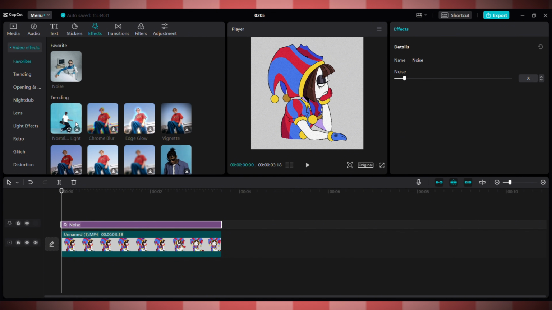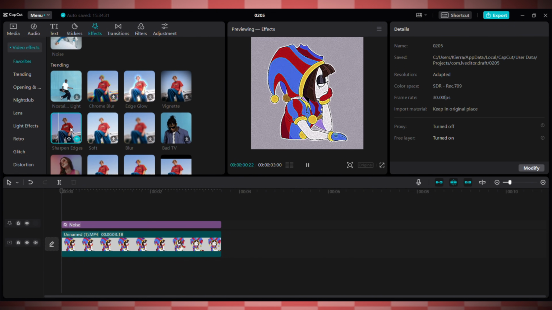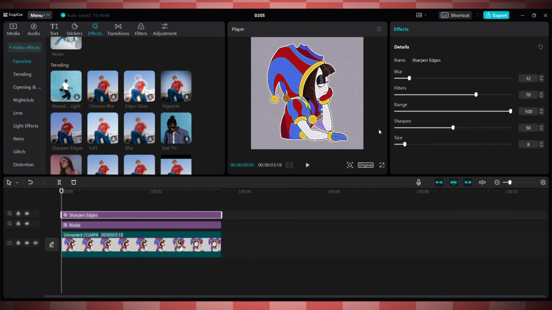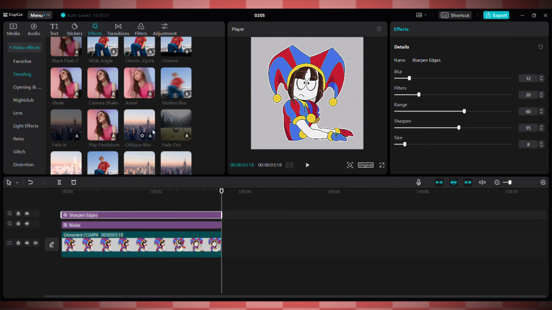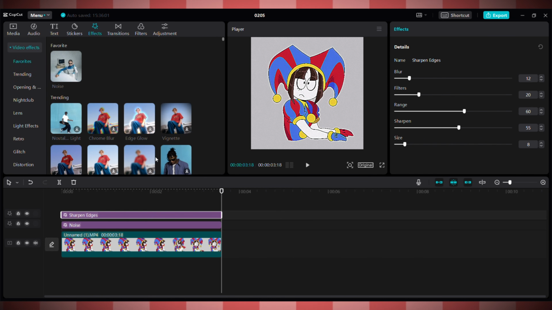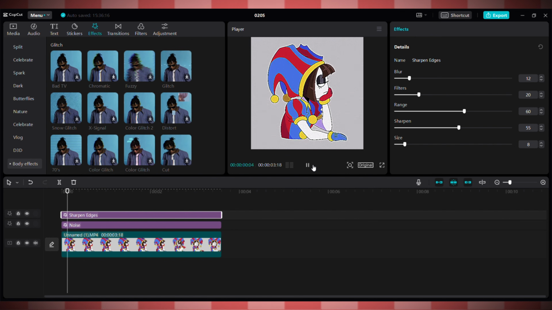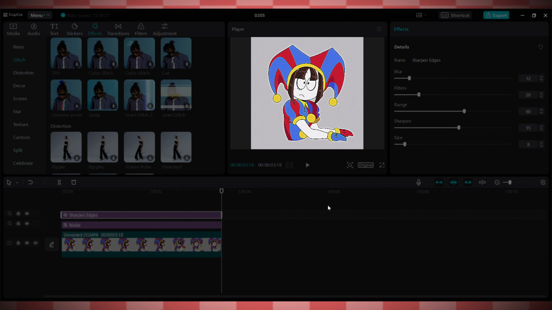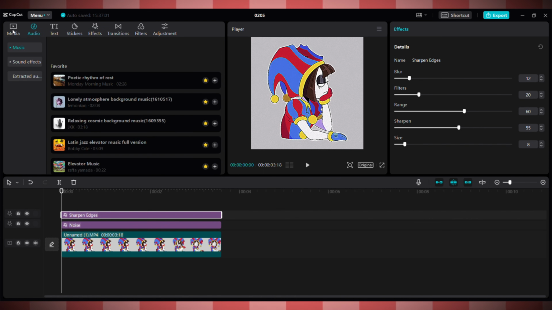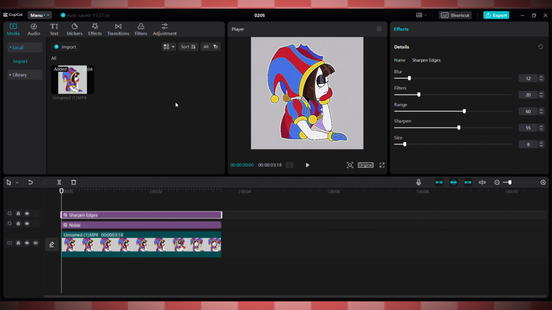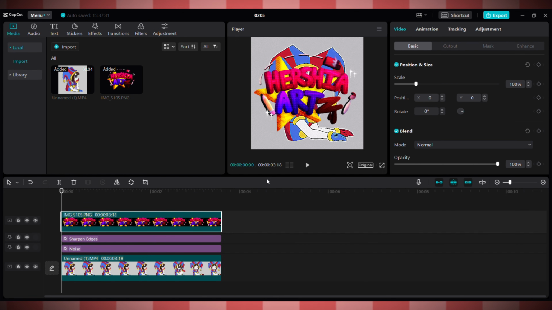Anyways, back on topic, what I do with the editing is import my animation clip, then I go to the effects section and grab those noise, no, not those, but that noise filter, which is favorited since I use it a lot. Then I'll go ahead and apply that and maybe edit it a little, that way it doesn't make my animations hard to see. And then I import my super awesome new watermark and put that on the side. Then I change the opacity since it's a watermark and I'm technically finished,